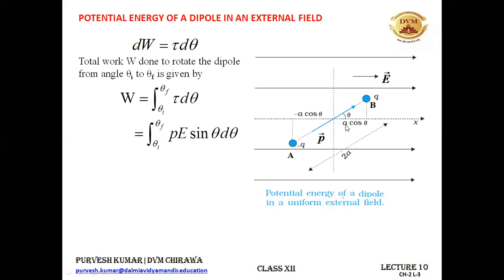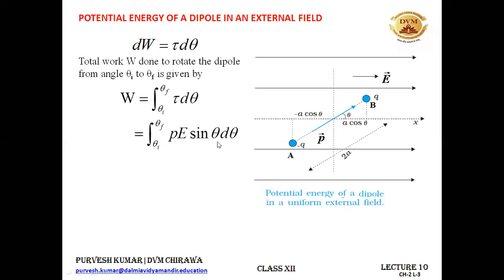It is A, not alpha. It is A cos theta. So this distance is A cos theta. We won't be using this A cos theta. You could use it if you were finding this energy by some other formula, but we can easily obtain it by this method only. It is not alpha, it is A cos theta.